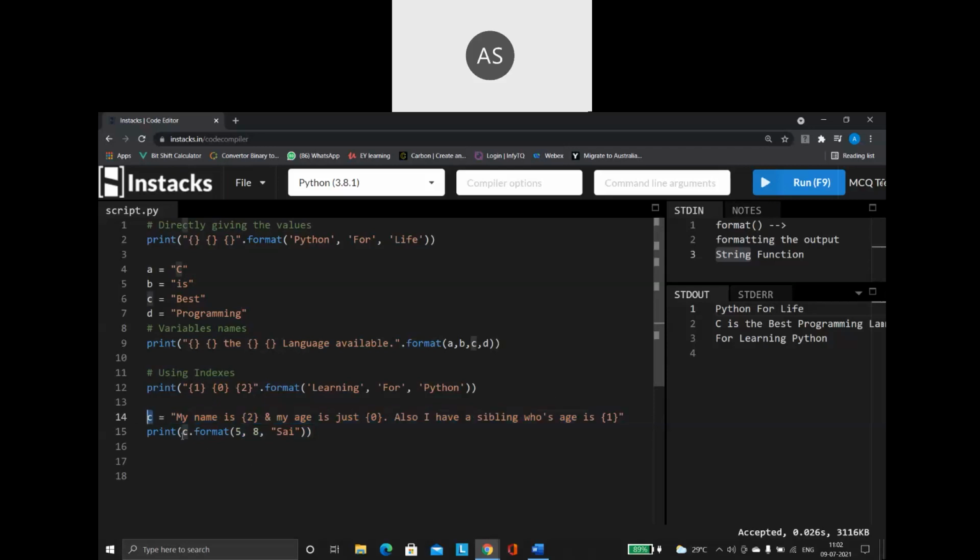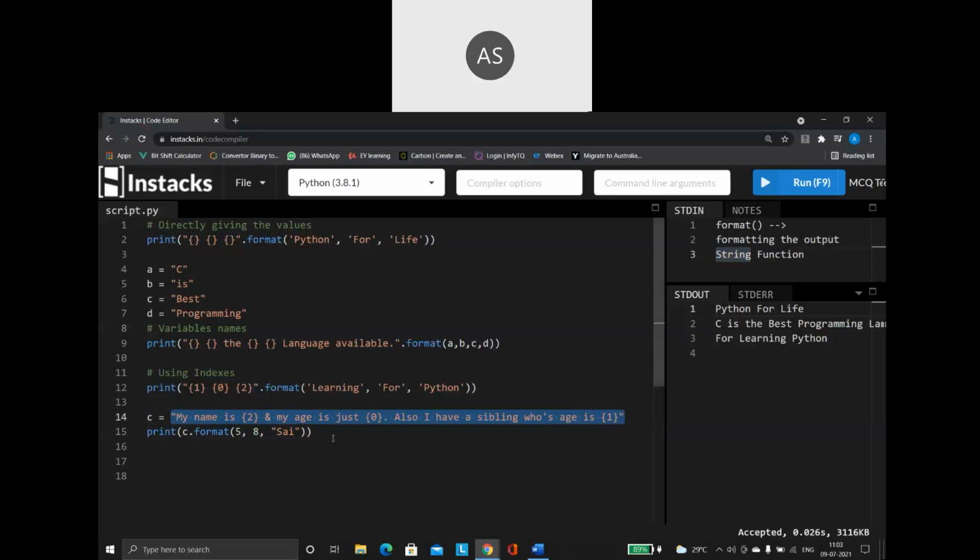Then what I am saying? C dot format. What is C? C is nothing but the string. So remember, format is still a string function, that is why I am saying C dot format. So C is this entire string.